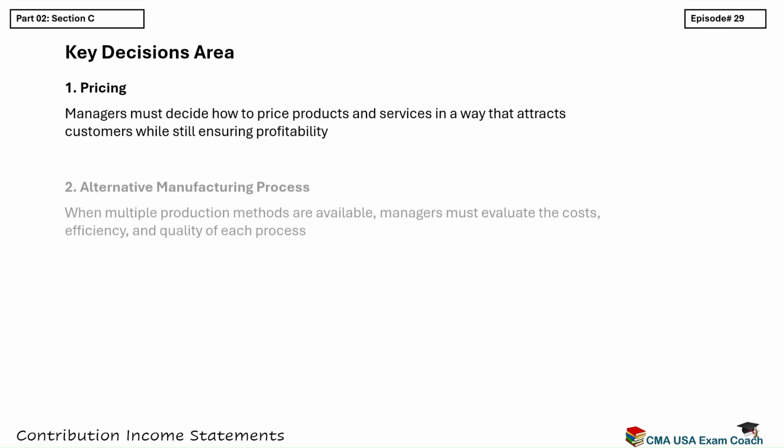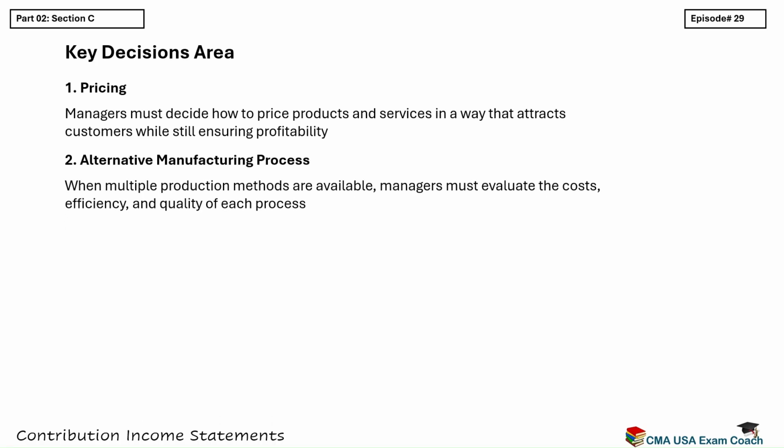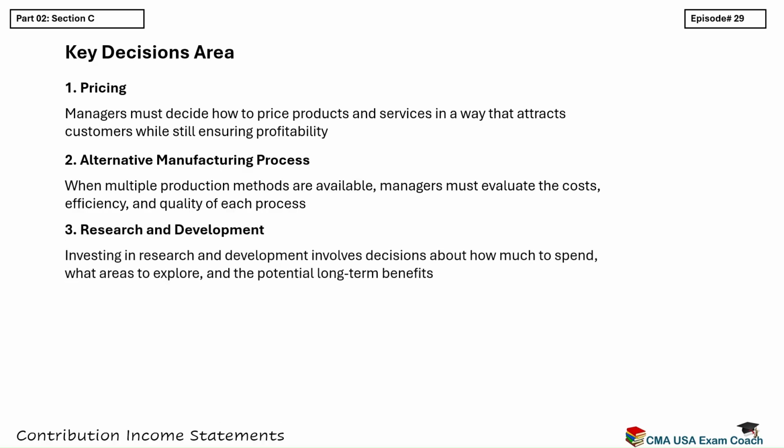Alternative manufacturing process: when multiple production methods are available, managers must evaluate the costs, efficiency, and quality of each process. The goal is to choose the most cost-effective and reliable method to maintain product standards while minimizing production costs. Research and development: investing in research and development involves decisions about how much to spend, what areas to explore, and the potential long-term benefits. These decisions are critical for innovation and future growth, but they also involve significant risk and